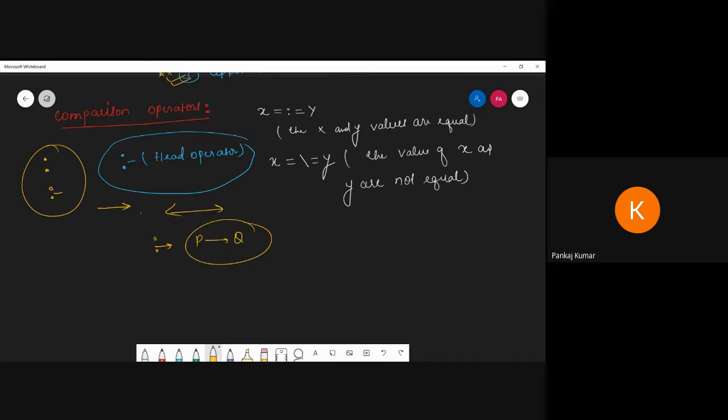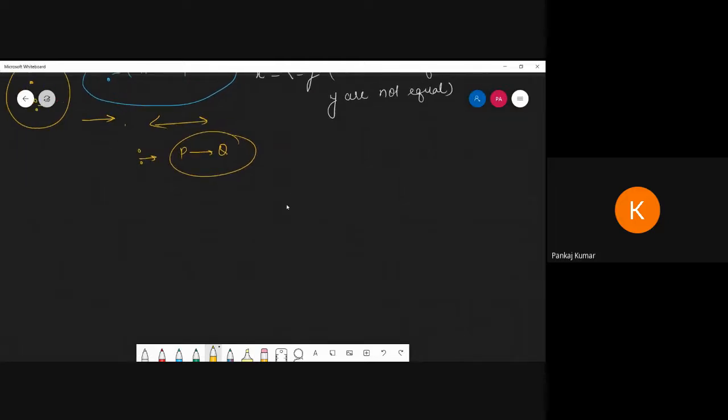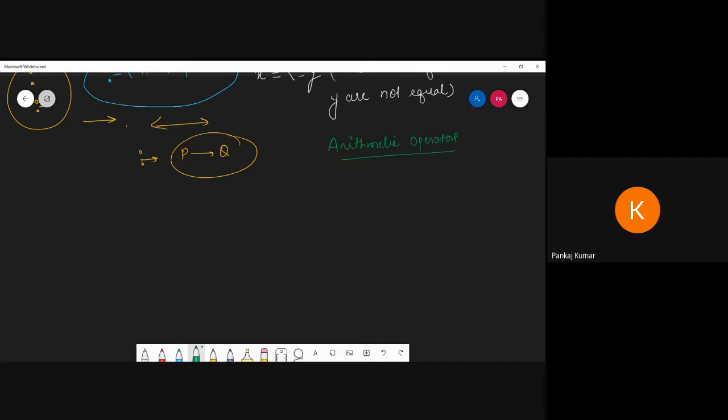Now, when you're talking about arithmetic operators, there are some different types. As you know, plus and minus are common for all, like C programming. So in arithmetic operators, we use plus, minus, multiplication, and division.